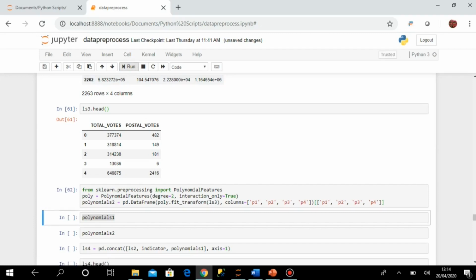Let us execute this. I will advise you to go to the manuals of these library functions, because there are a lot of features for each functionality, and it is difficult to explain each and every one. Suppose we are discussing polynomial features, there is a lot of documentation for each Python library, so you can check what polynomial features is and the meaning of each of the arguments, so you will be more clear.